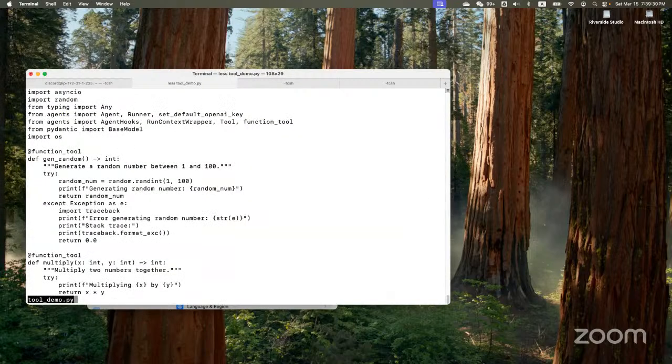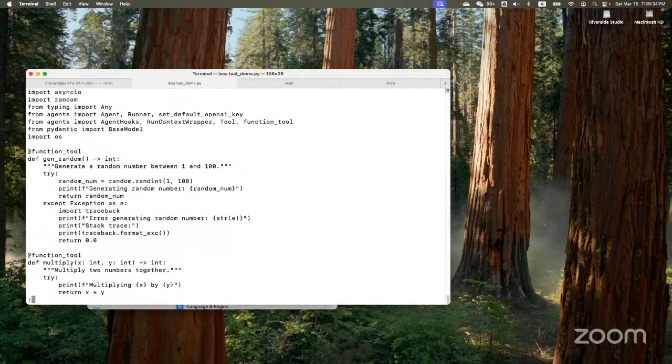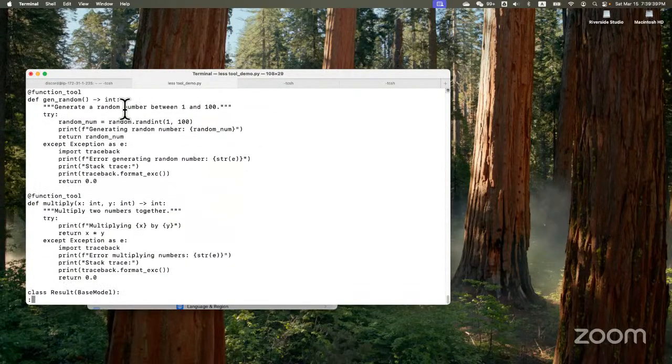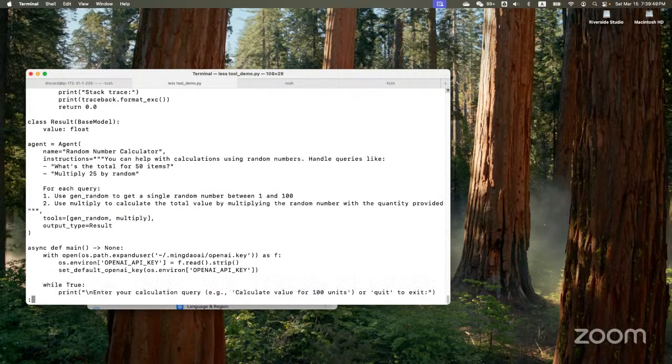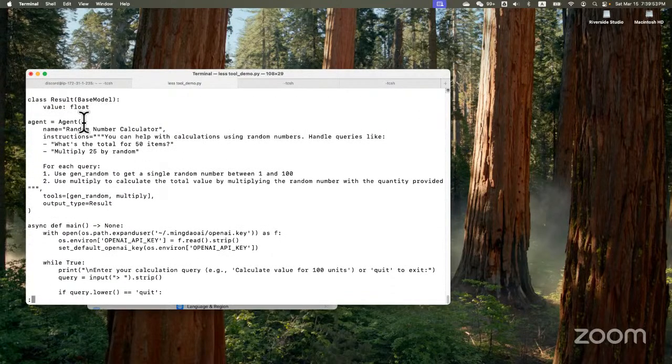First, let me show you how the code looks. Right now, I just created 2 simple functions. One is a generate random number function, the other is a multiply function. Then I created a simple agent using these instructions, which are based on natural language.